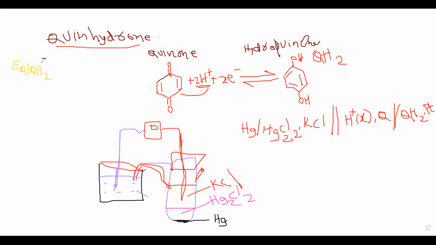According to the Nernst equation, it is equal to E naught plus 0.0591 at 25 degrees centigrade, my dear student. At 25 degrees centigrade we are discussing all this. Or else let us take the direct equation, 2.303